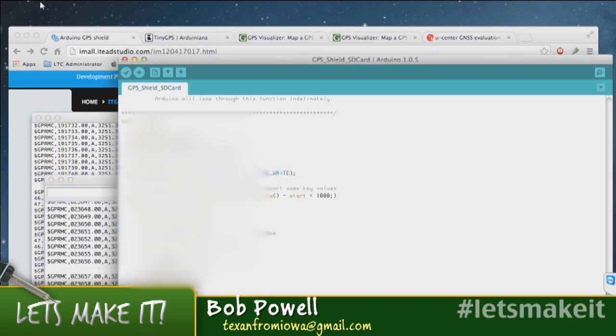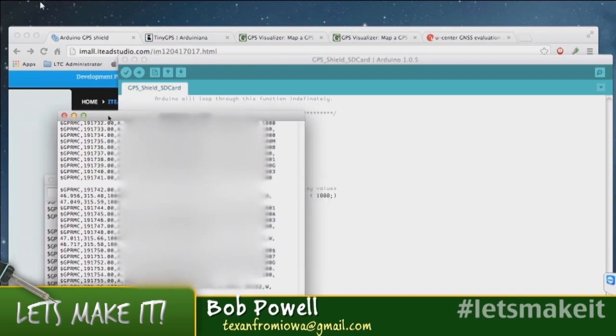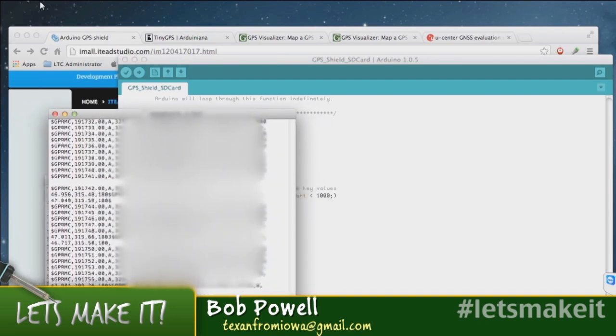So yeah, it would be very easy to strip out date and time out of that GPS string and do something with it. And I'm not doing anything here but just grabbing it and logging it onto the SD card. So, and this is actually the data. This is what the data looks like that I collected one afternoon,